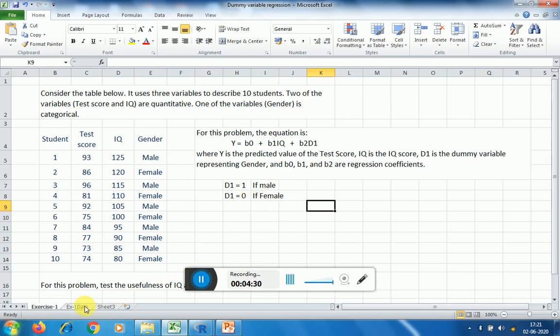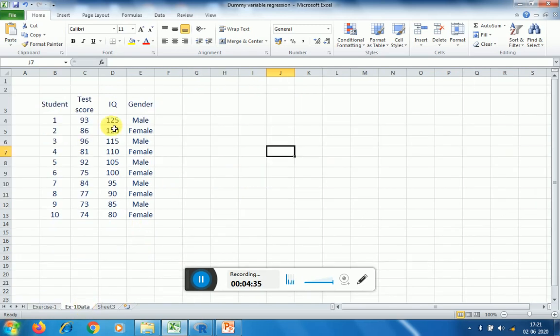Now let us calculate the regression equation for this. Here this data is now taken on a separate worksheet. Now I also do one thing, I write d1. For male I write 1, female 0, male 1, female 0, 1, then 0, 1, 0, 1, 0.